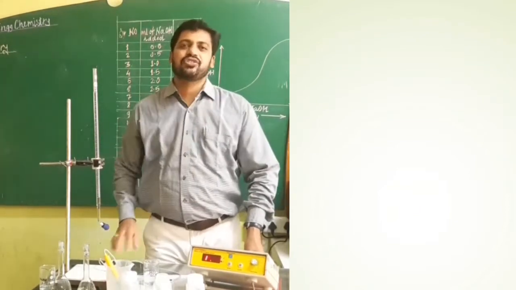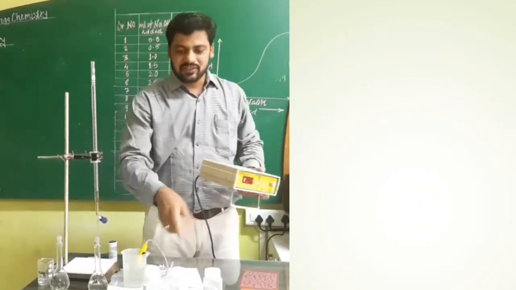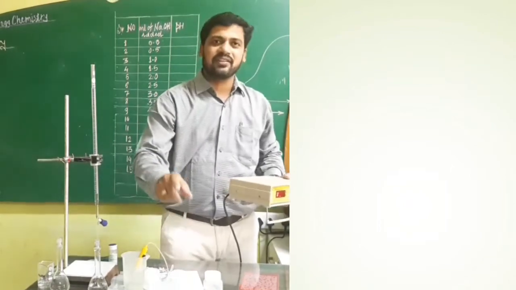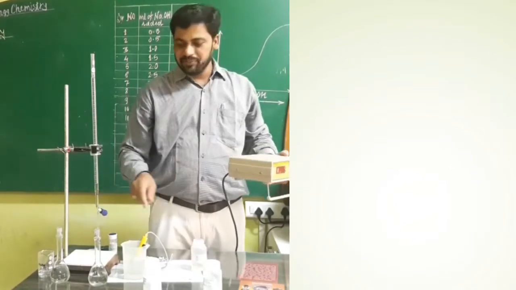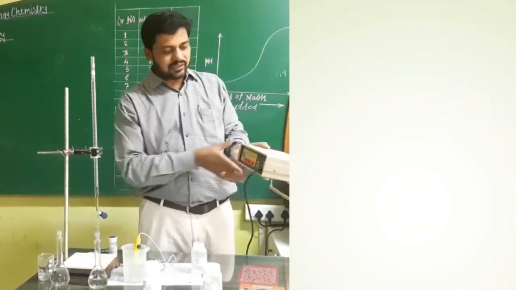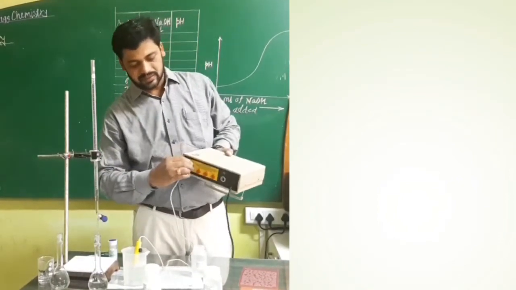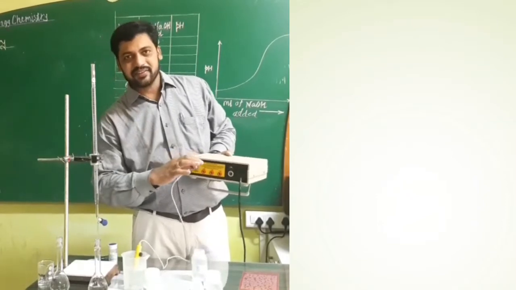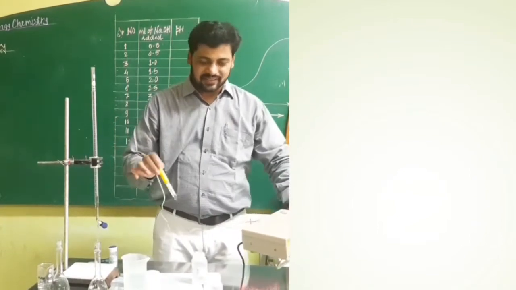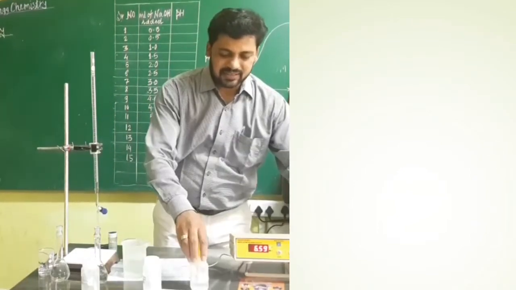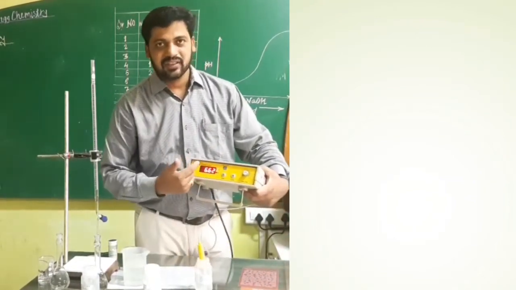The first part is the standardization of this pH meter by using the pH 7 buffer tablet. Already we prepared the pH 7 buffer solution here, and in that we have to dip this glass electrode. Prior to that, immerse one of the knobs of this glass electrode into this first socket and lock it. Then lift this glass electrode and immerse it into the pH 7 buffer solution. On the screen, the value should be 7.